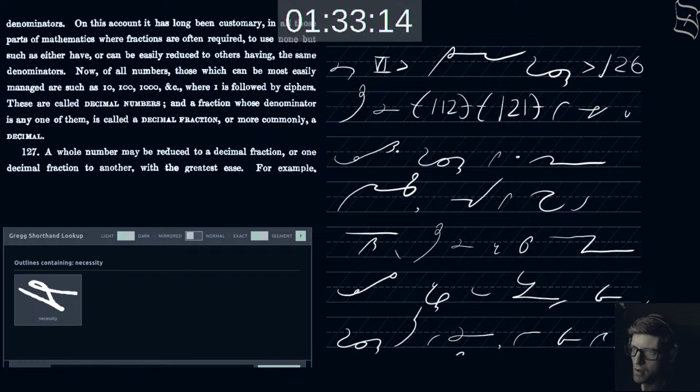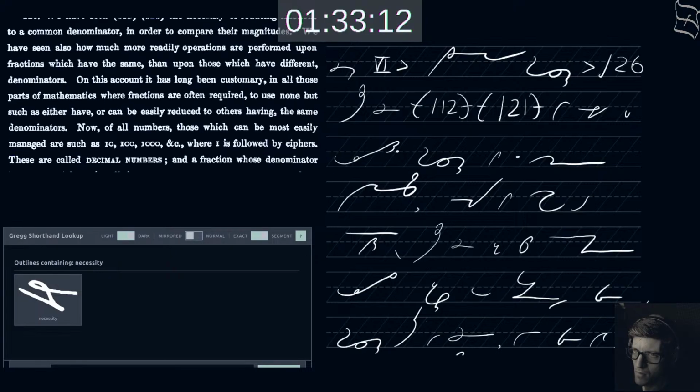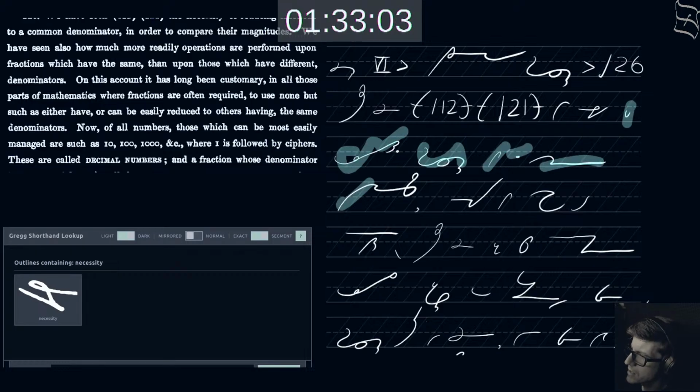The necessity of reducing fractions to a common denominator